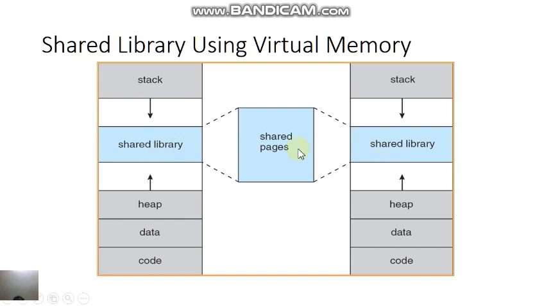But this is only a single one. This library is single in actuality, but it is being used by both of the virtual address spaces. How is this possible? This shared page is present inside the physical memory itself. It is not in the left hand side virtual address space, and also not in the right hand virtual address space. It is present in the physical memory. But then both of